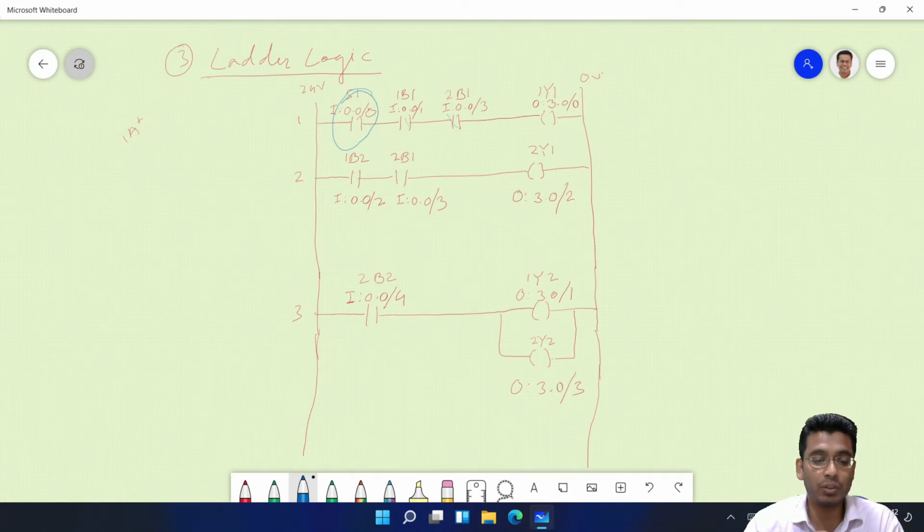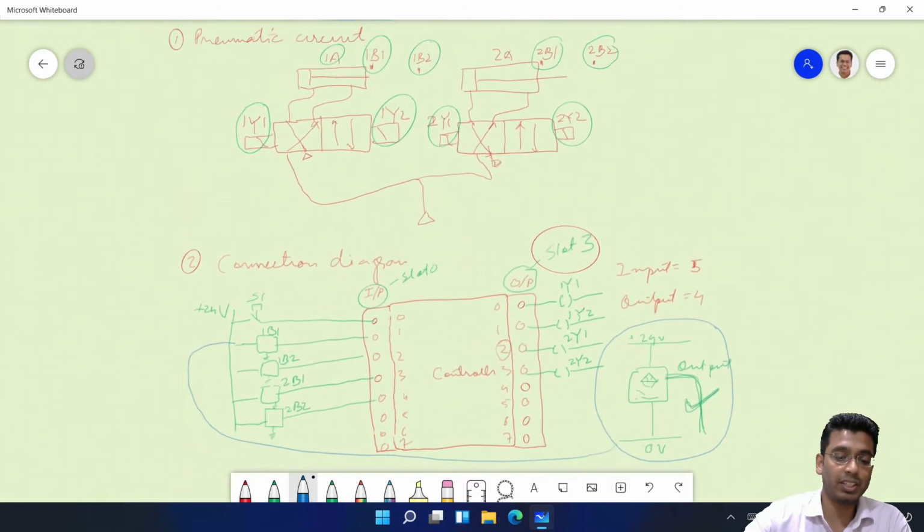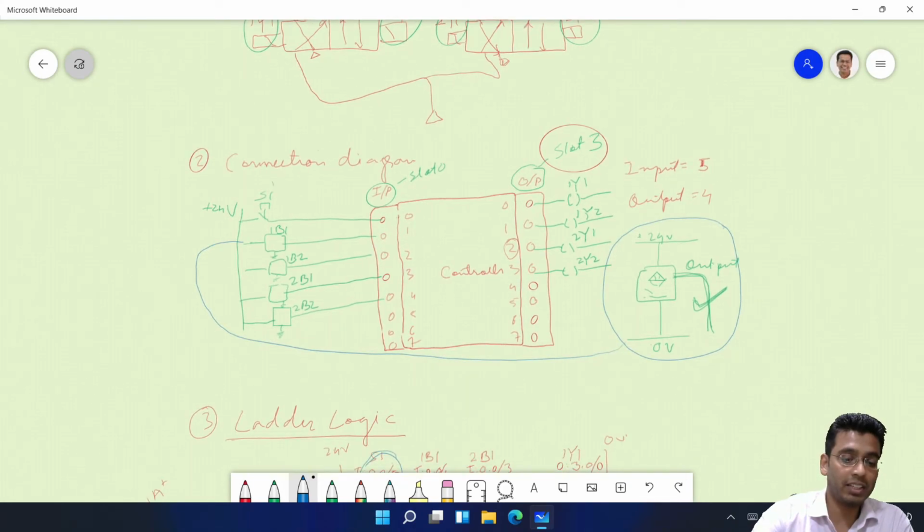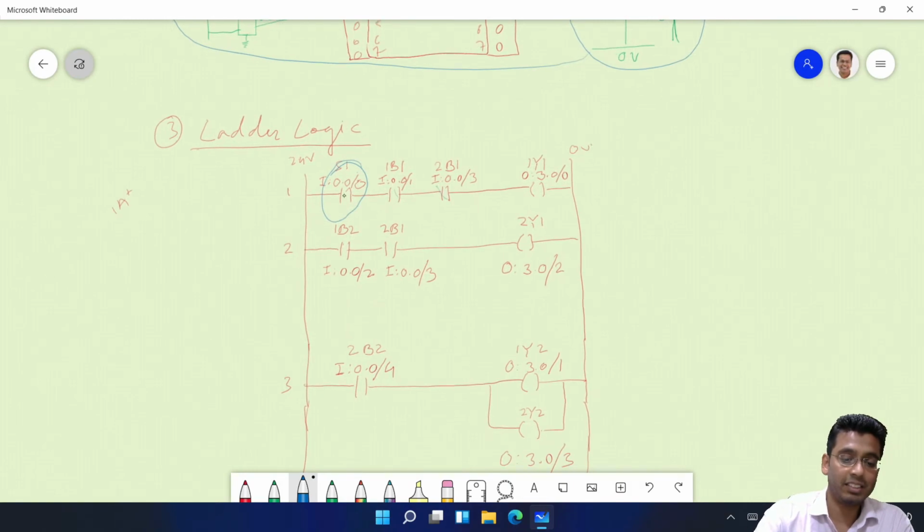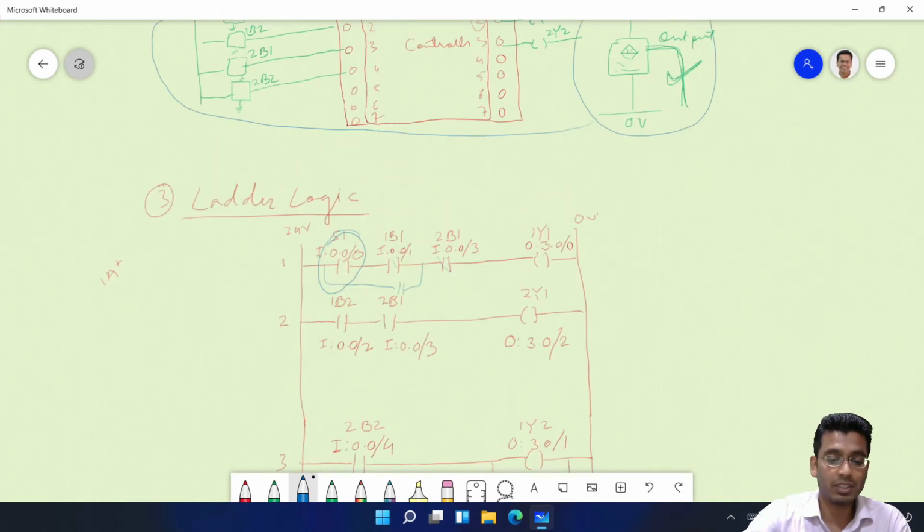So if I have to make it a continuous cycle, then what would I have to do? Convert it to an enable switch, or put one in parallel. So sir, the push button will be removed, replaced by a switch. See, both ways. What he is saying is that either we can have a switch instead of a push button, or somebody said to add this one in parallel. Correct? Did you get this?